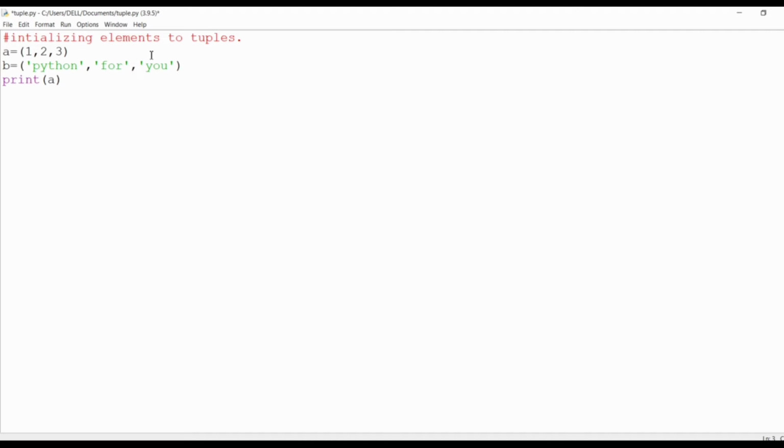I have entered it, and I want to execute both the tuples. Here I have initialized the elements to the tuples.